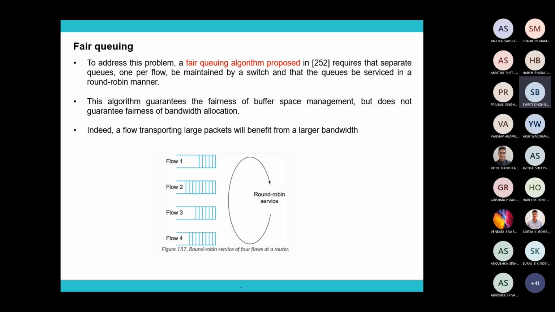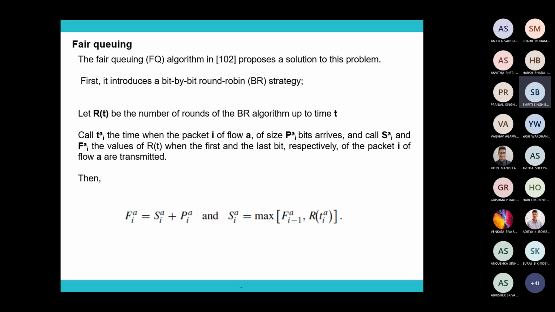From flow one, in the sense Q1, he requires 10 items. First you give only one item, then you come to the second queue, and for that customer you serve one item, and then once again you go back to one and two, and the same thing you do. That is the second approach, bit by bit fair queuing.